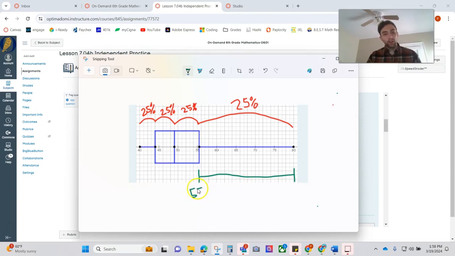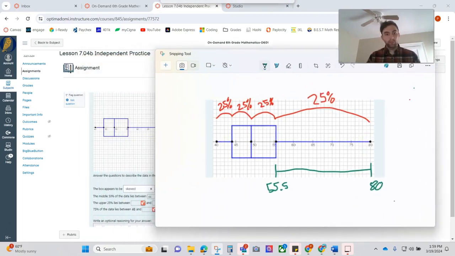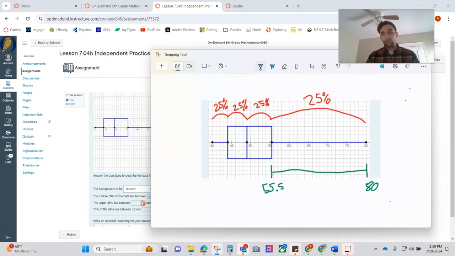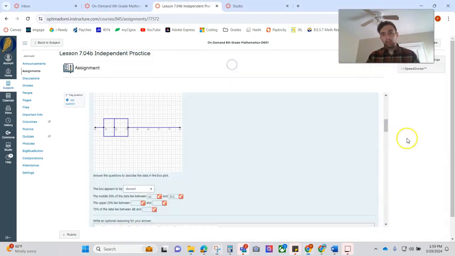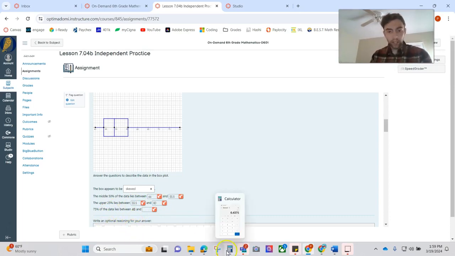Here it starts at 55.5. We know that, between 55 and 56. And then here it looks like it's 80. So our upper 25% of data lies between 55.5 and 80. 75% of the data lies between 40 and